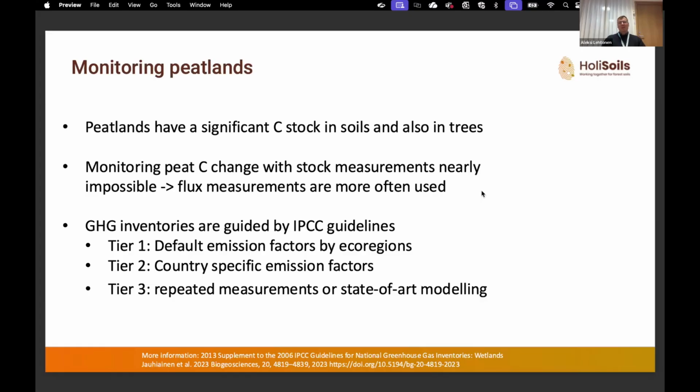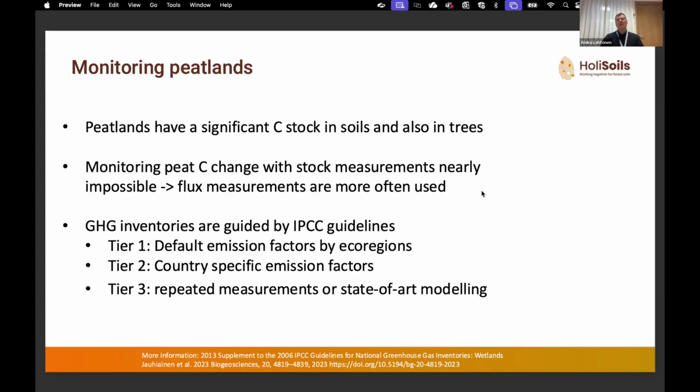And why do we need to monitor these carbon stock changes and other greenhouse gases from these lands? For example, in the Finnish case, peatlands are so-called key categories. They are a significant source of emissions, a significant land area, and they are managed lands. They are drained, and therefore we need to monitor those, and we should have a higher tier method for that monitoring because it's a significant land area here.